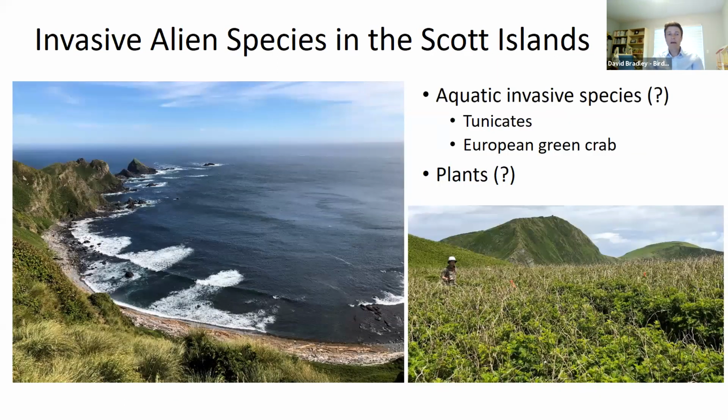Now, I've talked mainly about invasive mammals, but of course there are other invasive species. Aquatic invasive species are a major threat to other areas of the BC coast: tunicates, for example, and European green crab. I don't know whether either of those two species are found around Triangle Island. I suspect tunicates might have been, because of the amount of marine traffic around Triangle Island, which is known to transport tunicates between